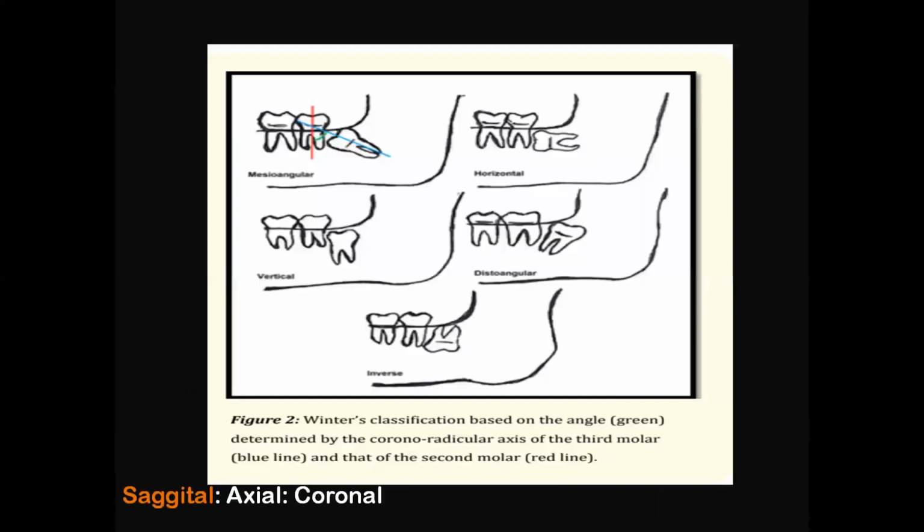First is the septal position of the third molar. When we say septal position, we all have seen these things. Whether the teeth can be mesioangular, could be horizontal, could be vertical, could be distoangular, or could be inverse. We all know that the most easily extracted tooth is when it is completely erupted, and after that it is mesioangular, and after that there are different. It becomes more and more difficult. The most difficult could be distoangular or inverse.